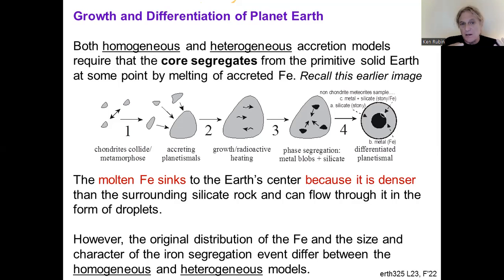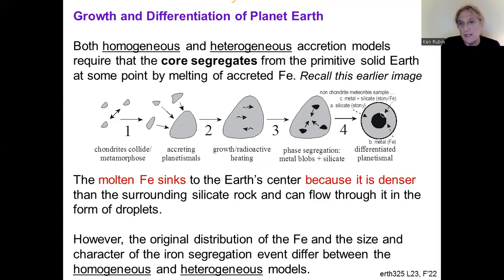Also remember that the iron-rich phase, the dark material in these diagrams, is much denser than the silicate, approximately 3 times as much. And so when we start to segregate the silicate from the iron, and when we have a big enough material to start having a significant gravitational attraction, the denser material is going to sink to the interior, right? And so the formation of the core is one of the key lines of evidence that helps us distinguish between